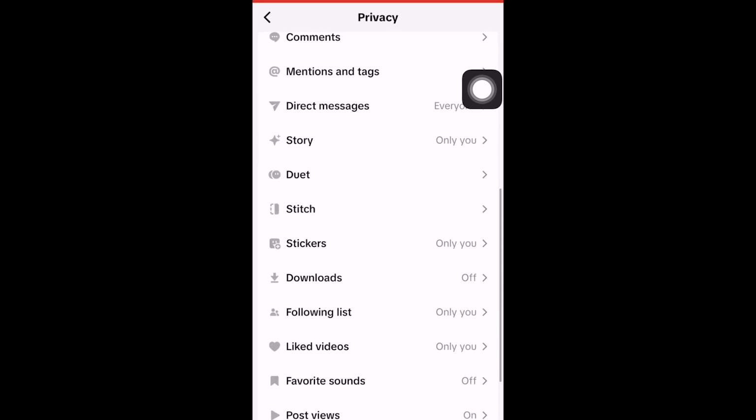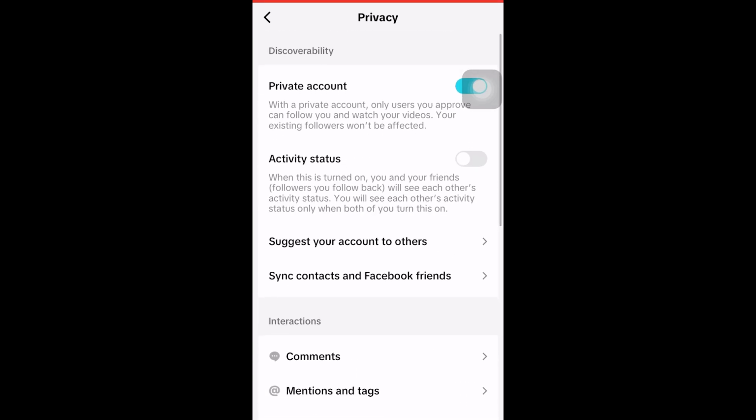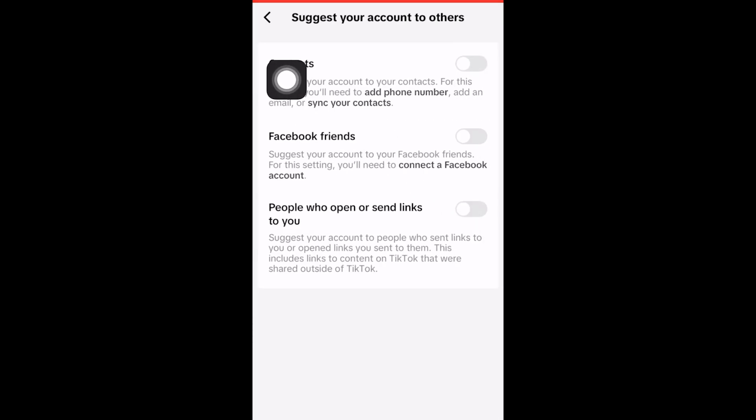And as you can see, if we scroll down under privacy and then scroll back up, we have a list of different options and icons here. Our account's private. As you can see, sync contacts and Facebook friends, suggest your account to others. So now you want to be able to click one of these options, suggest your account to others. And as you can see here,